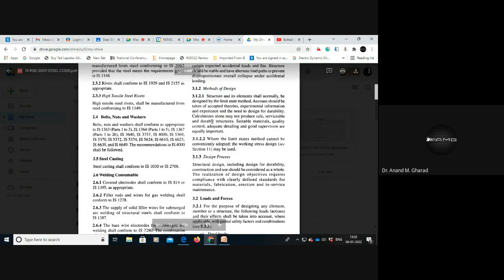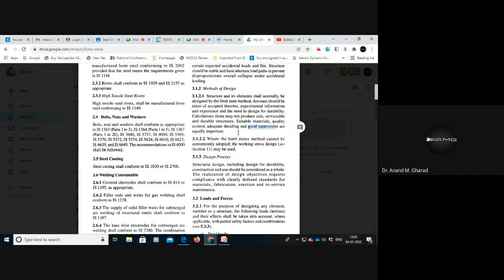Calculation may not be the only cause. Suitable material, quality control, adequate detailing, and good supervision are very, very important. This may also cause the failure. Even though in the design we take care of factors of safety and all, despite that, if the supervision itself is not proper,